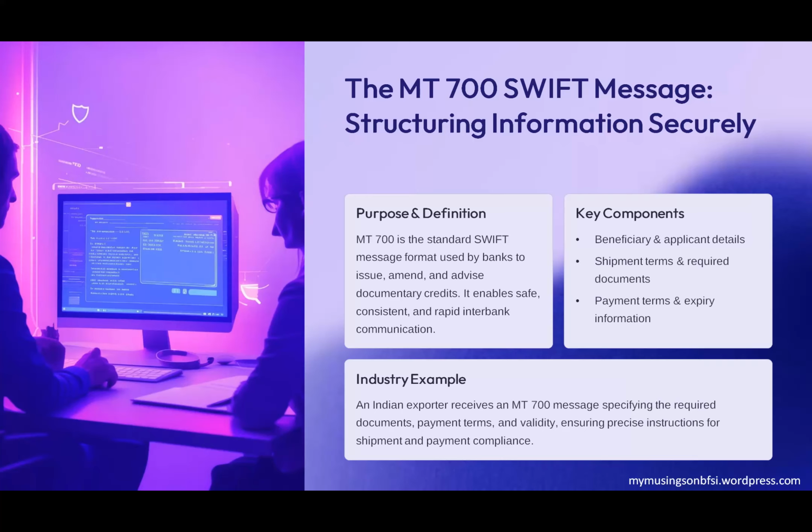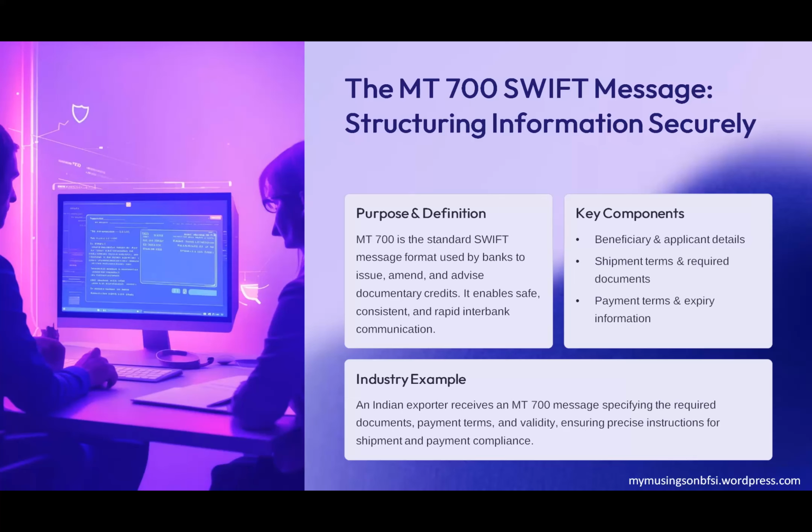What is Swift? This is a Society for Worldwide Interbank Financial Telecommunication. It helps in secure and efficient communication of financial messages between two banks. Even corporates can become members of this Swift. It is a cooperative society in Brussels. The MT700 facilitates issuance, amendment, execution, etc. by providing a